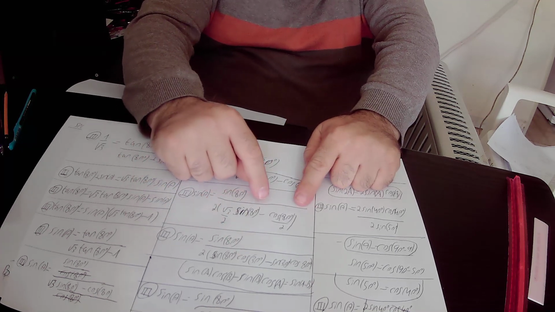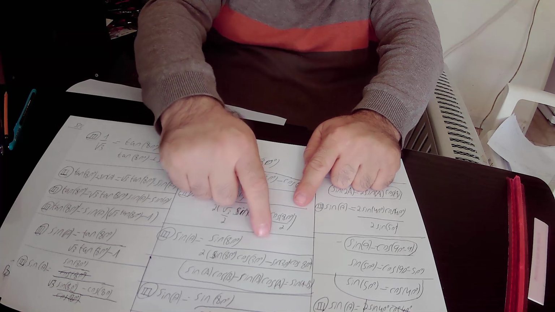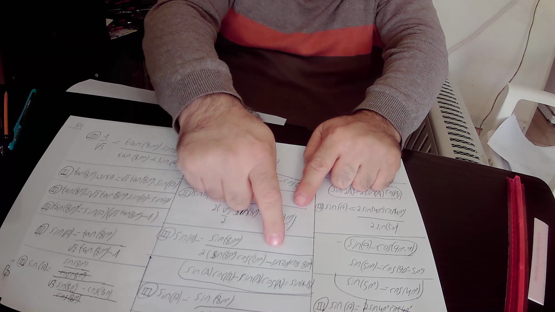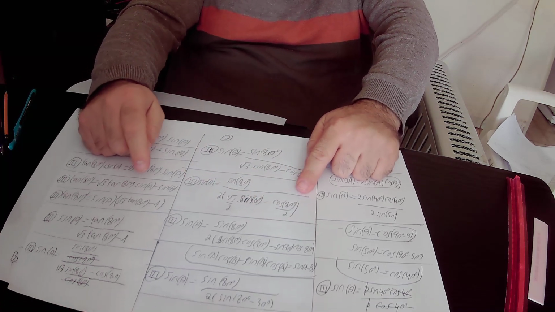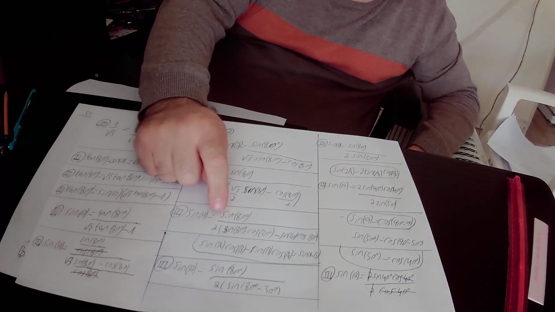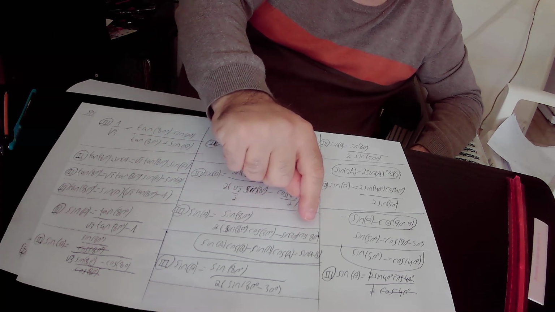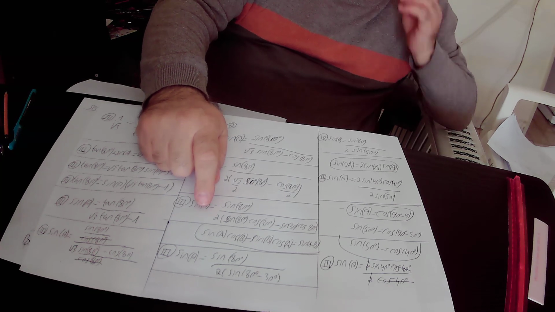Here we have minus cosine 80 degrees over 2, so we substituted 1 over 2 by sine 30 degrees, so we got minus sine 30 degrees times cosine 80 degrees. Actually, the expression in the brackets is very, very similar to the trigonometric identity